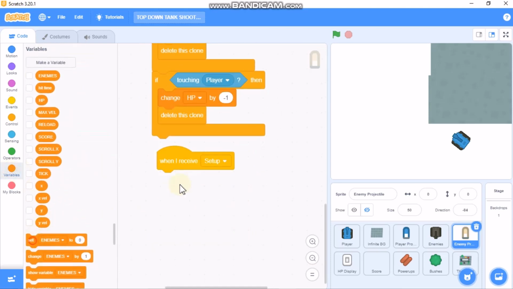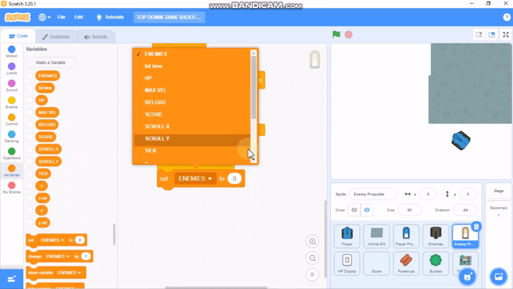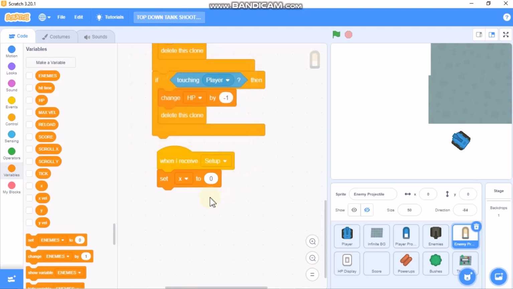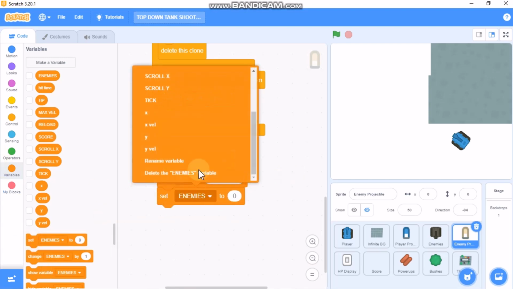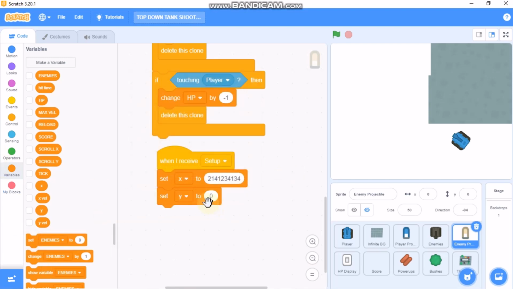We need to set x to 214, 1234 and 134, and set our y to 999999,